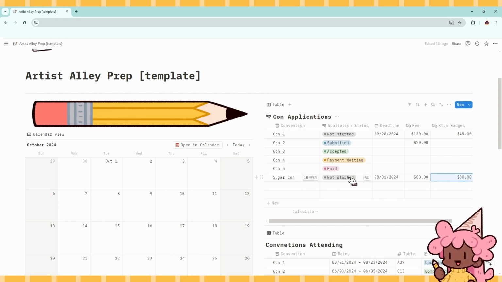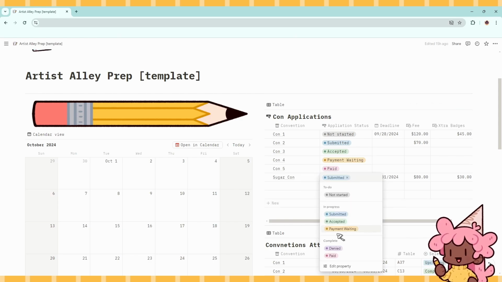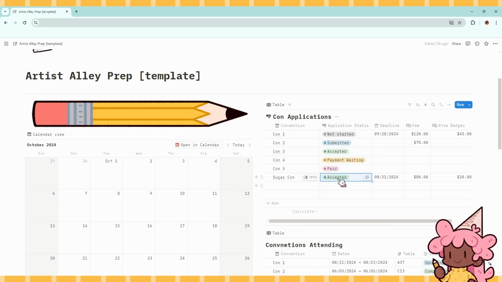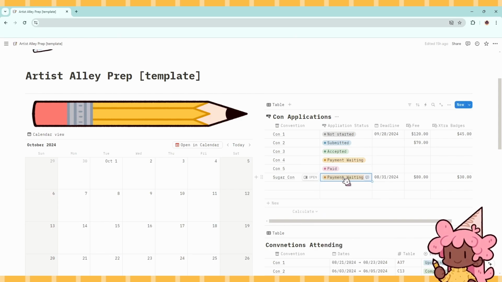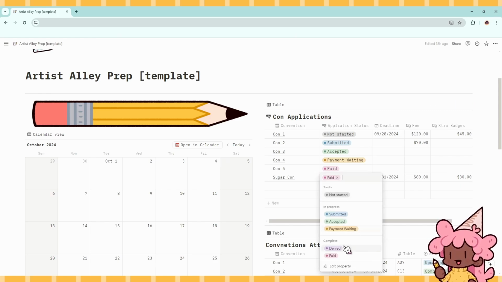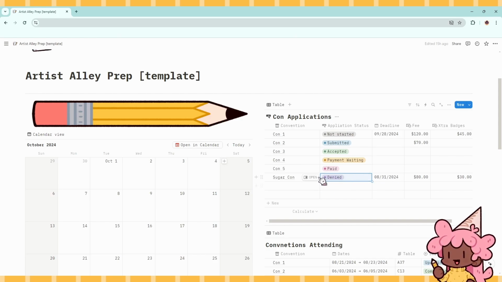So after you applied, you can move this down to submitted. If you get accepted, you can hit accepted. After you get accepted and you haven't paid yet, you can put it as payment waiting. And then once you've paid, you can put it down to paid, and then this convention is done. You did everything that you need to do initially for the convention. But if you got denied for the convention, you can put that you got denied. So this is also done, but you didn't pay or anything like that